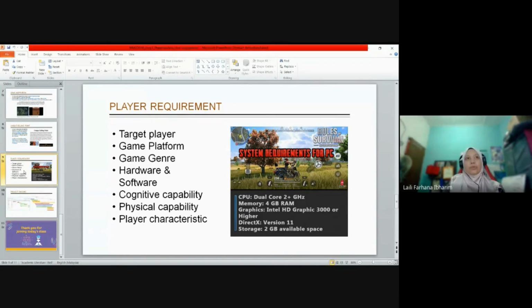capability. Okay, we have to realize because not all our players have the same capability in terms of cognitive and physical. Maybe some of them have some, apa tu orang kata, disability in terms of macam mungkin dia ada masalah dari segi pembelajaran, okay, dan sekarang ni macam-macam ada penyakit, bukanlah penyakit, orang kata the special abilities such as autism, kita ada ADHD, kita ada dyslexia, okay, semua benda tu melibatkan kognitif punya capability. And maybe yang kalau physical capability pula, mungkin dia tak ada tangan, dia tak ada kaki, okay, dia tak cannot see, cannot speak, okay, deaf semua tu, okay. So here pun kita kena tahu who is our target user and the requirement of our player tu juga,